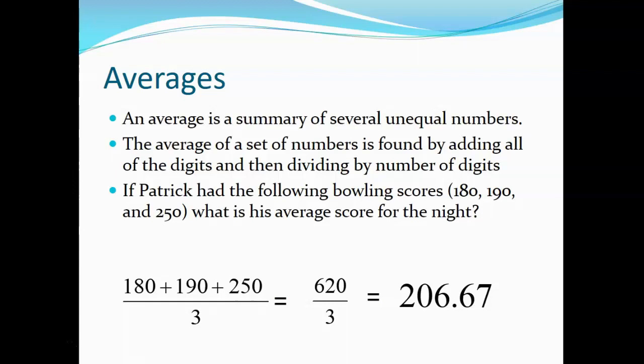So average is a summary of unequal numbers. So if we're looking at this particular one, if Patrick had the following bowling scores, what is his average for the night? Do I really care what the guy's name is? Do I care about anything other than the fact that he had bowling scores, and I'm asking what is his average? Not really. So in this case, you pull all three of your numbers, you add them up, divide by the total, and you get an average score of 206.67,